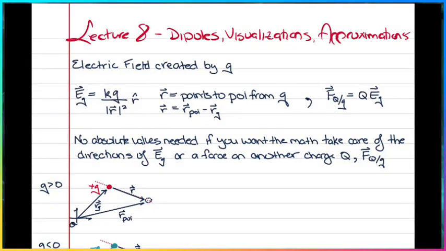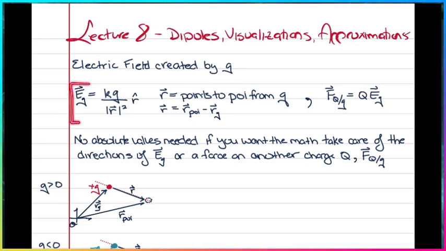All right. So this lecture is going to be a combination of a couple things, where we're going to look at visualizations of electric fields, the dipole, and a useful approximation technique. So, quick recap. The idea of the electric field is that a charge Q can create an electric field,